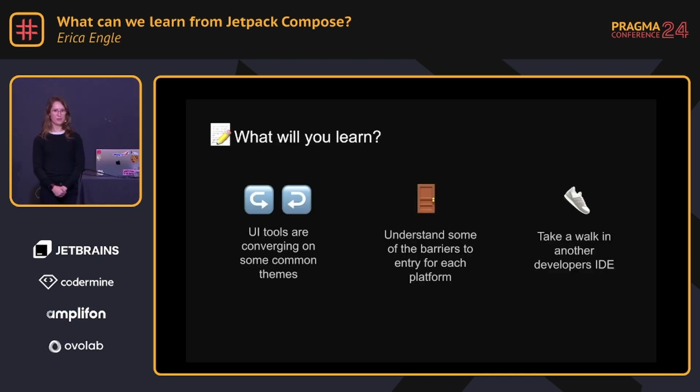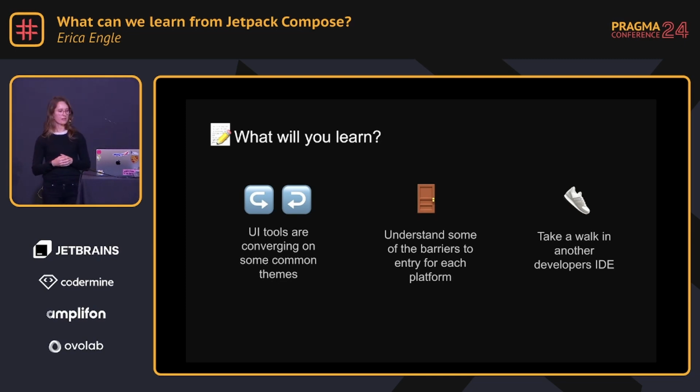All right, so I want to start with the idea that when you see these tools side by side, or you've been in the code bases, there's a lot of bits that feel like they're really converging on some common themes. We'll go into some similarities of the different tools, and you'll understand what's happening there, but I think it's a cool path that we're taking for mobile app development, and I think it makes it a really interesting adventure for what you might want to decide within your own code base.